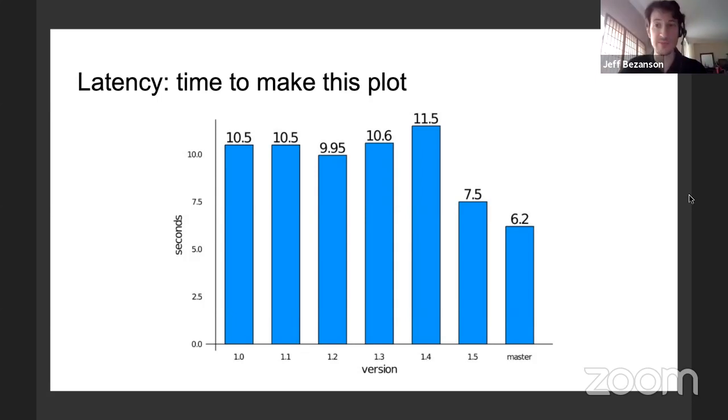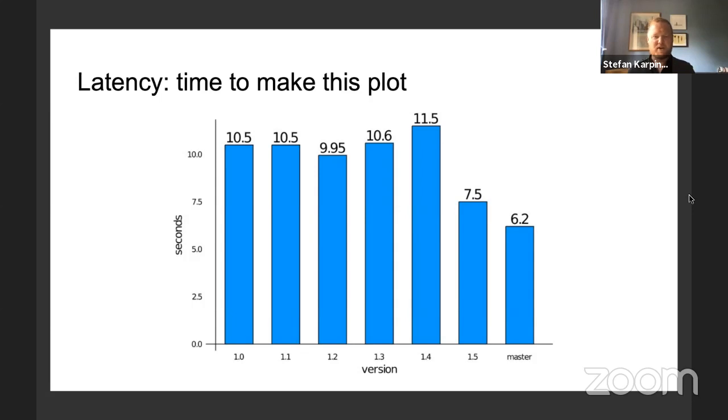So let's look at where we've been. You can see for several versions, basically nothing changed. From 1.0 to 1.4, you can tell we weren't working on it by looking at this graph. And in fact, unfortunately, it looks like 1.4 got a little bit slower. So sorry about that. That's unfortunate. But it hadn't really improved. And then you can see that in 1.5, there are the fruits of our efforts. So that time is now starting to come down significantly, and master is even a little bit better. So we are chipping away at this as well. There's good progress happening here.